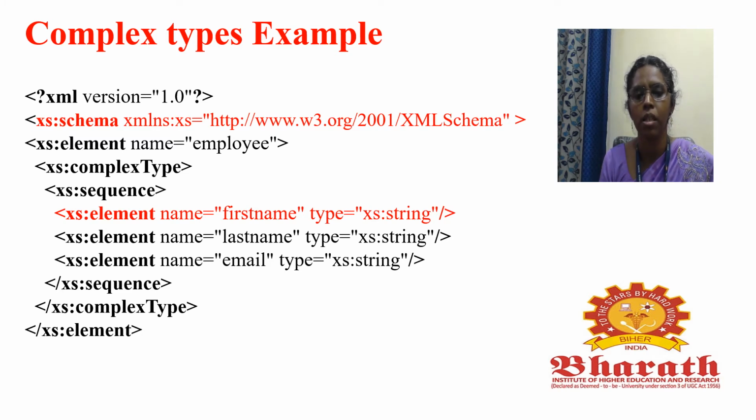And the second one is string type. Third one is string type. We are mentioning what are the attributes that XML data should have, what type of data we have to store. That we are specifying in schema, but this schema belongs to the complex type. So we are having two types of schema, simple type or complex type. So this schema is used to define the structure and validate the XML data whether it belongs to the schema or not.